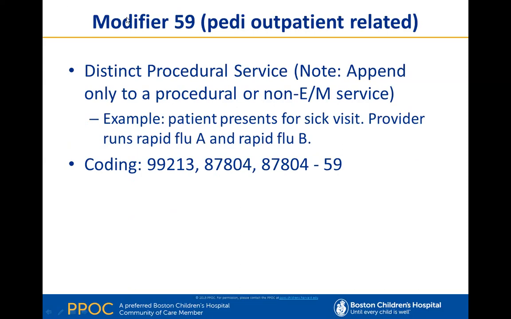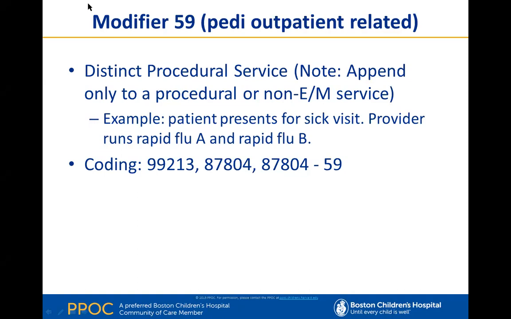Next slide. So another one of the hot spots is Modifier 59. Modifier 59 is denoted as a distinct procedural service. If you read the CPT definition, it tells you basically it's a service that is performed on another body part or anatomic region. It's still quite vague and is used when appropriate in lieu of Modifier 51 for multiple procedures. Modifier 51 will generate a payment reduction, whereas with 59, I believe you get paid in full for both of the procedure codes.